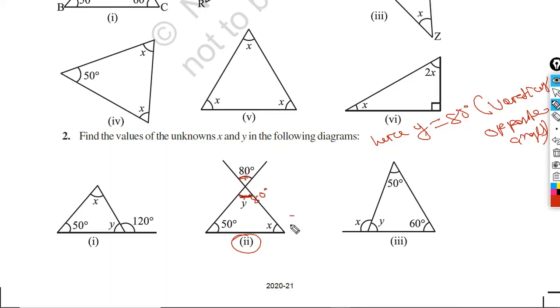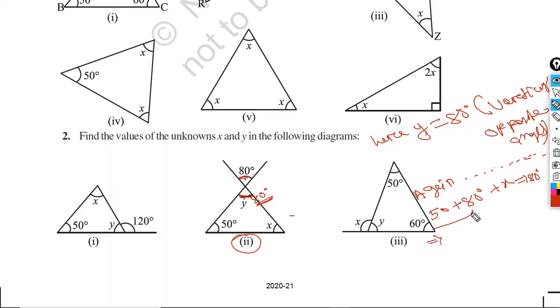Again you write, sum of the three interior angles equals 180, isn't it? Therefore 50 plus 80 plus x equals 180. So again you write, sum of three interior angles equals 180. Please write it. So 50 plus this 80 plus x equals 180,